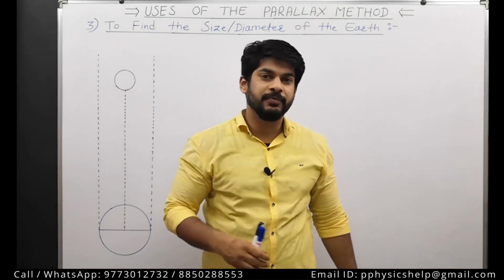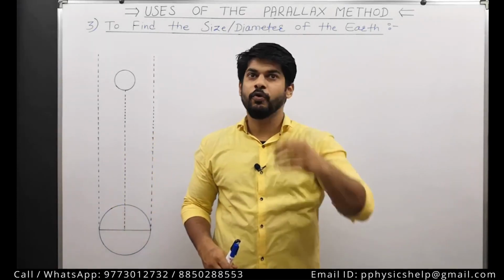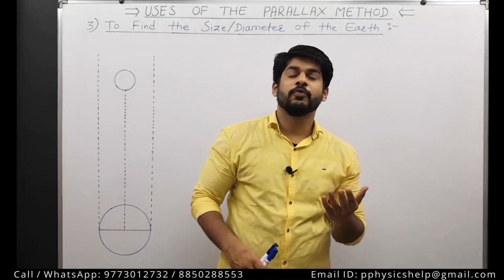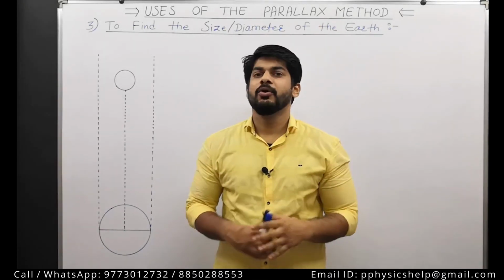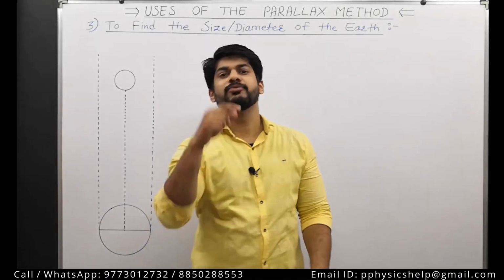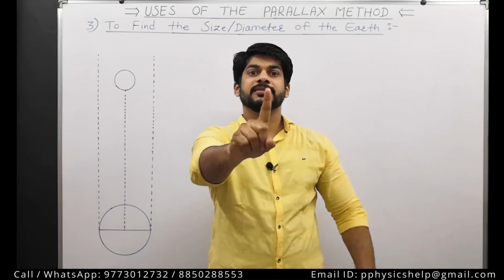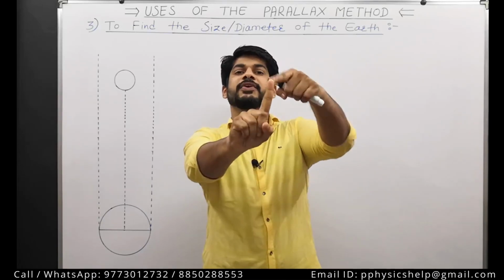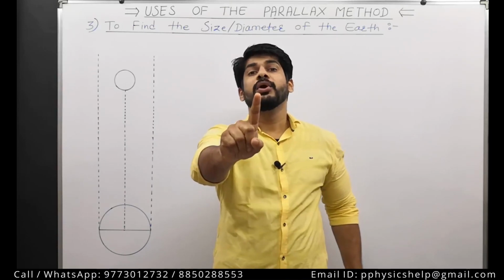There may be some lamp in front of you, or there may be a wall, and on the wall there may be a wall clock, a photo frame, or something else. You can choose anything, any spot on the wall. In front of me right now I have this camera, so I can consider the camera as a distant object and this finger as a nearby object. Now what I'm going to do, just check over here.